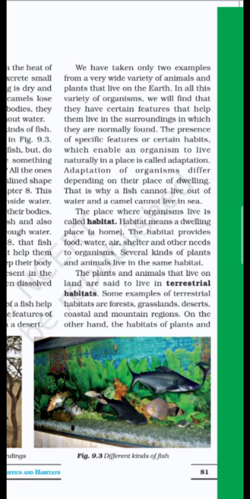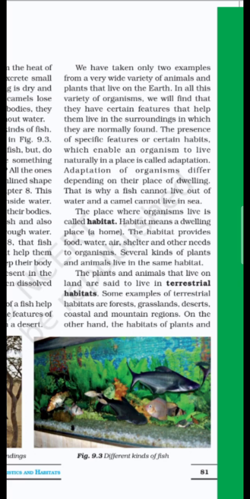The place where organisms live is called habitat. Habitat means a dwelling place, like a home. The habitat provides food, water, air, shelter and other needs of organisms. Several kinds of plants and animals live in some habitat,